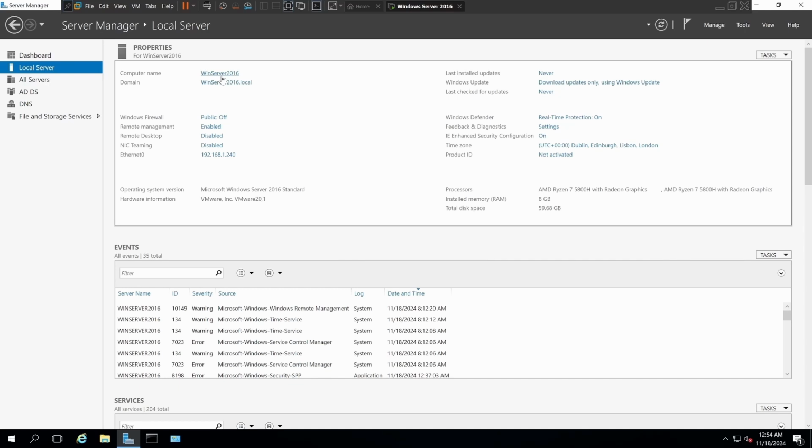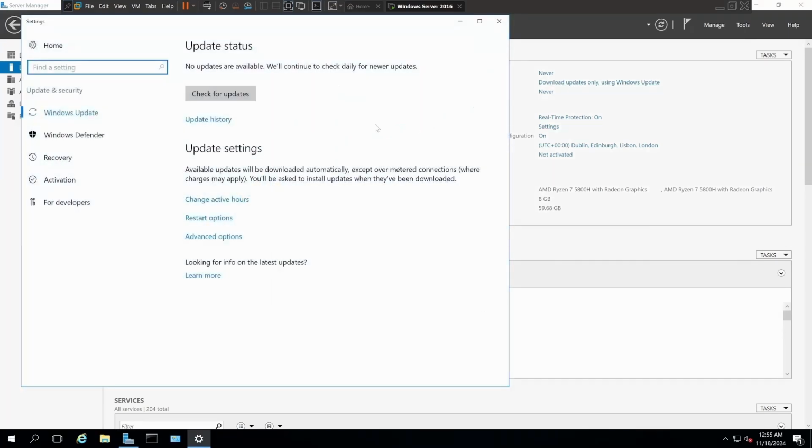Yeah, the domain's computer name's fine as well, so there's the domain, and the firewall's off, remote manager's enabled, the remote desktop's disabled, the static IP's there, total space, and Internet Explorer has security configurations on. And now I'm going to check for updates, and this will be the end of part 1,